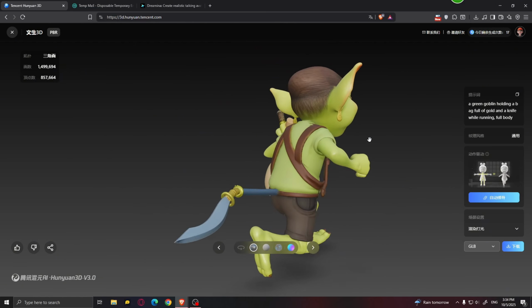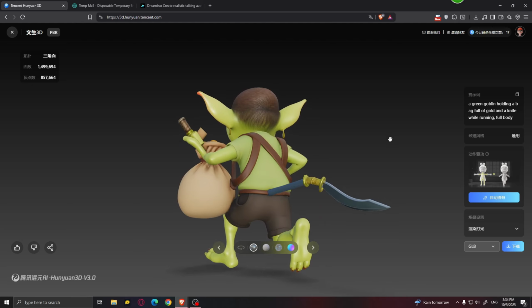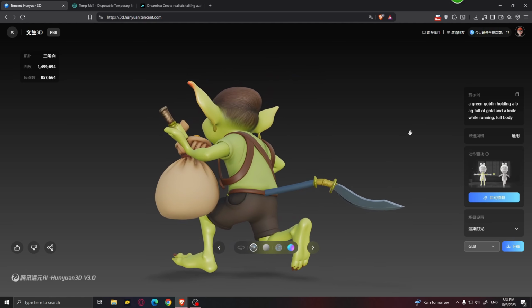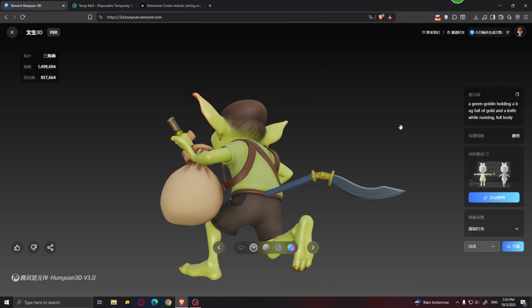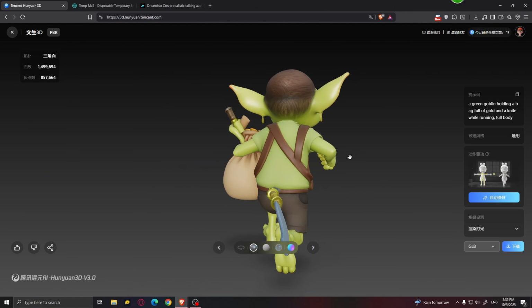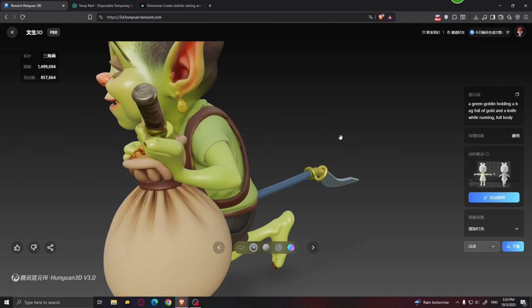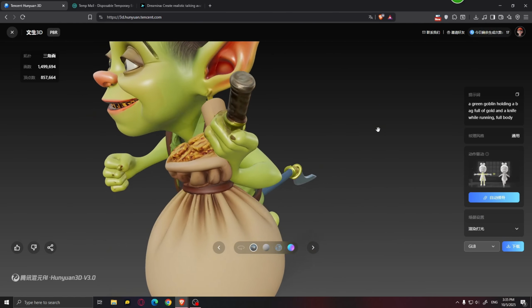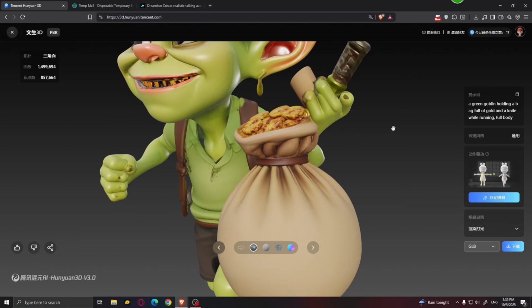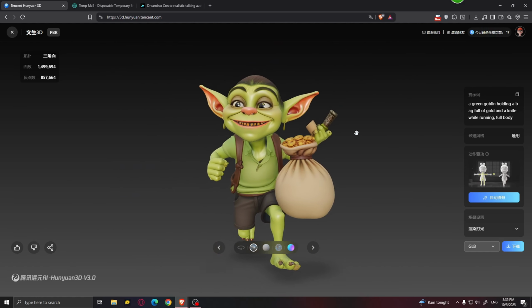This is our third model, and for some reason he has something that looks like a tail or a spear coming out of his back, which looks really weird, but it doesn't really matter. And this time the knife is also a bit messed up the way he's holding it. You can only see the handle, and he's also holding the bag weird,